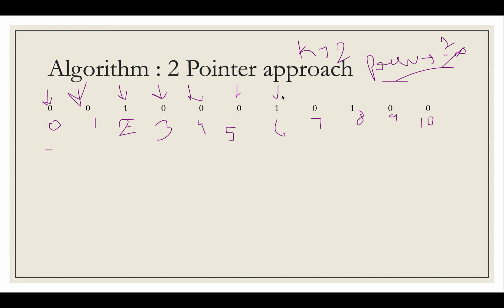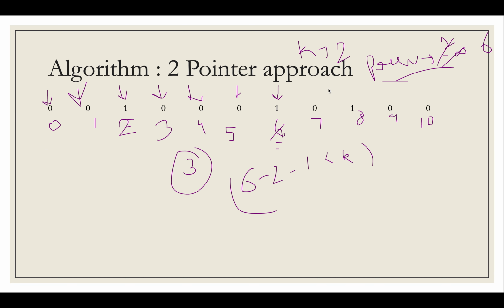Then we get another 1. 1 is at index 6 here, and previous was at 2. If 6 minus 2 minus 1 is less than k, then it's an error condition. Otherwise, you continue the process. If this condition becomes true, then you return false from it. It's not in this case because 6 minus 2 minus 1 is 3. That means there are 3 zeros in between. So it's a safe case. You simply move ahead and update the previous index to 6.